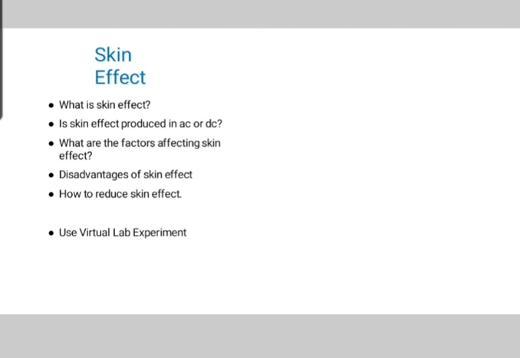The phenomenon which arises due to the unequal distribution of current over the entire cross section of a conductor being used for long distance power transmission is referred to as skin effect in transmission line. With the increase in effective length of the conductor, the skin effect increases considerably, and the distribution of current over the entire cross section of the conductor is quite uniform in case of a DC system.